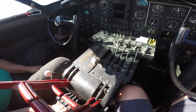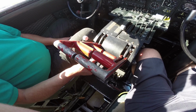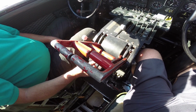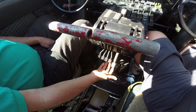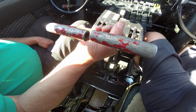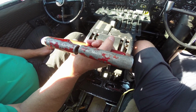These are the propellers. The propellers are Hamilton Standard three-blade, and they are oil controlled. They use oil pressure to control both sides of the dome to run their constant speed propellers. So this is how we adjust the speed of each engine. And in flight cruising, they're somewhere down in there, because we set them back to cruise at about 1900 RPM. These are the throttles. I would dearly like to find the guy that designed these and hang him, because they can be kind of